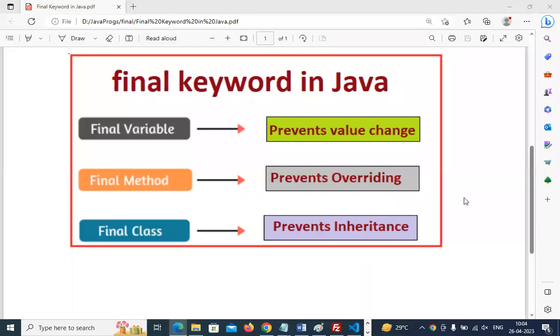So in this session, we are learning the final keyword. We'll see some examples and try to understand how and why we should use the final keyword in Java. Final is a Java keyword that can be used with a variable when we are declaring a variable. Final is a Java keyword which can be used with a method. That means we can declare a function with the final keyword, and we can also declare a class with the